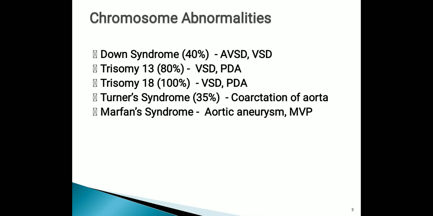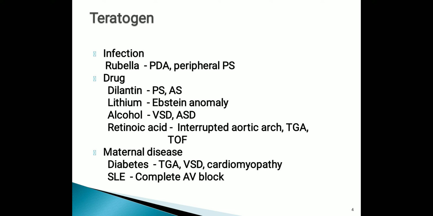Chromosome abnormalities: Down syndrome associated with AVSD and VSD, trisomy 13 and 18 associated with VSD and PDA, Turner syndrome associated with coarctation of aorta, Marfan syndrome associated with aortic aneurysm and MVP. Teratogen infection like rubella associated with PDA and peripheral pulmonary stenosis, drug like Dilantin associated with PS and AS, lithium associated with Ebstein anomaly, alcohol associated with